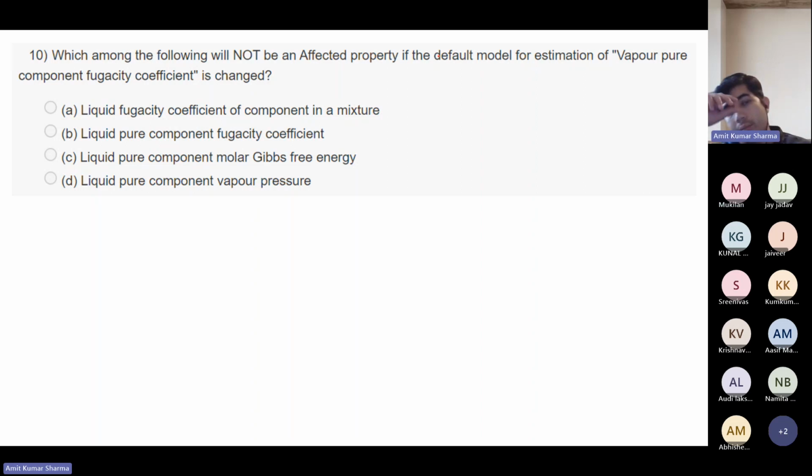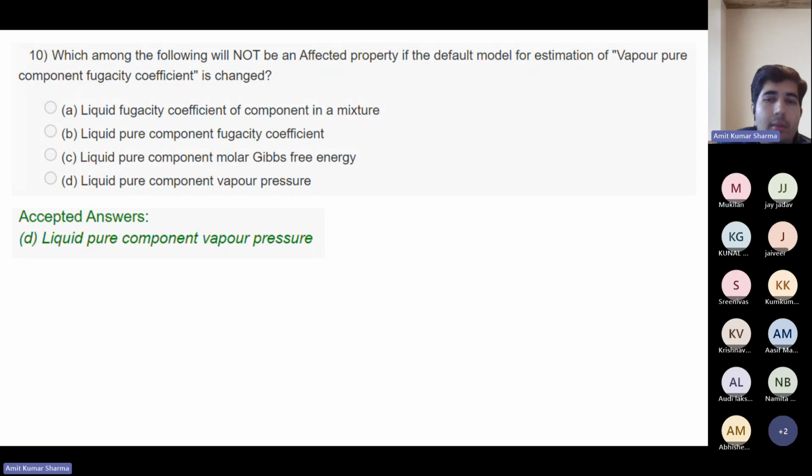Anybody? Option D. Liquid pure component vapor pressure. Okay, let's see. Yeah, it's correct. So the correct answer is option D.